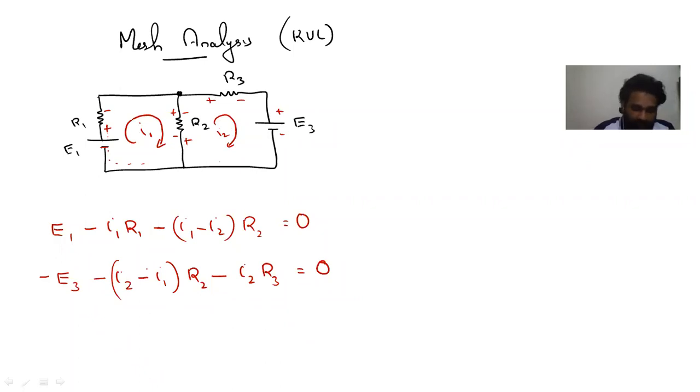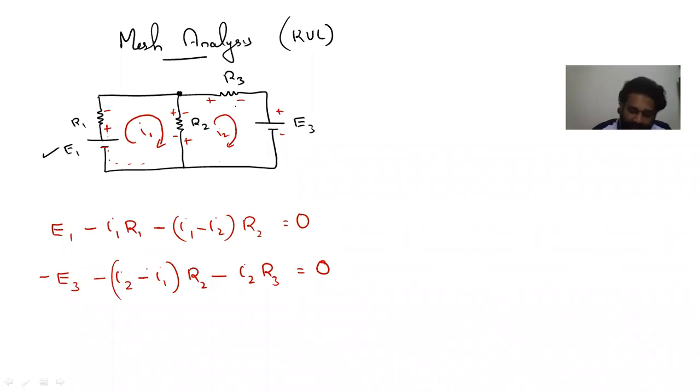Now, in the clockwise direction, we write the equation. First we write E1, minus plus. So we write here plus E1. R1 plus minus, so minus I1 R1. Okay, all these are sum of voltages. When I come to this middle branch R2, I am taking the difference of I1 and I2. Here I am considering I1 is greater than I2, but I do not know. Okay, just as a method, I am following this. I1 minus I2 into R2. So first equation is done.